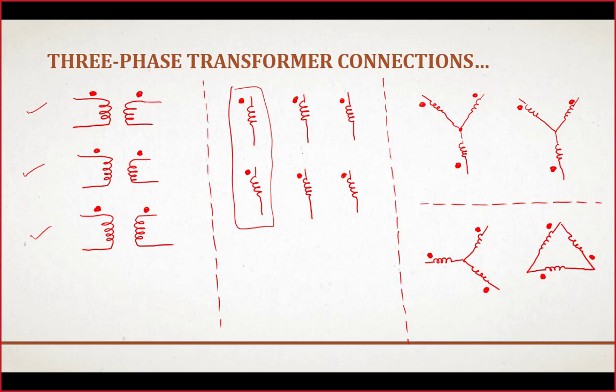The third method was we draw the windings in parallel and we place the windings in such a way that they appear to be in Y shape or in delta shape. For example, in this first situation we can see the winding orientation is in such a way that it looks like a Y connection. But remember, still the windings on two sides across the same limb of the transformer are shown in parallel.